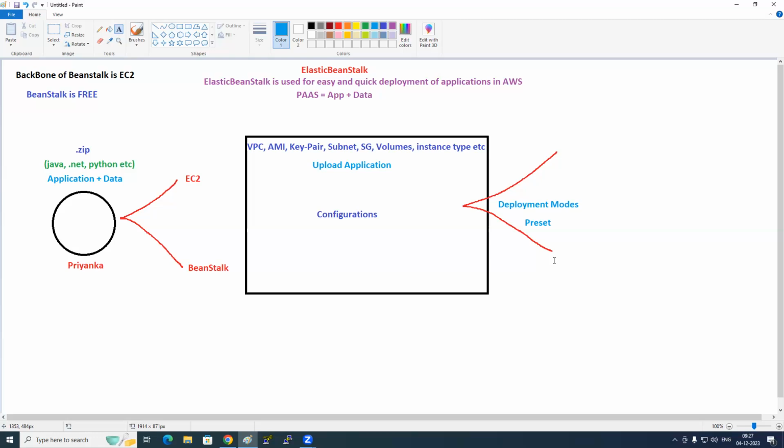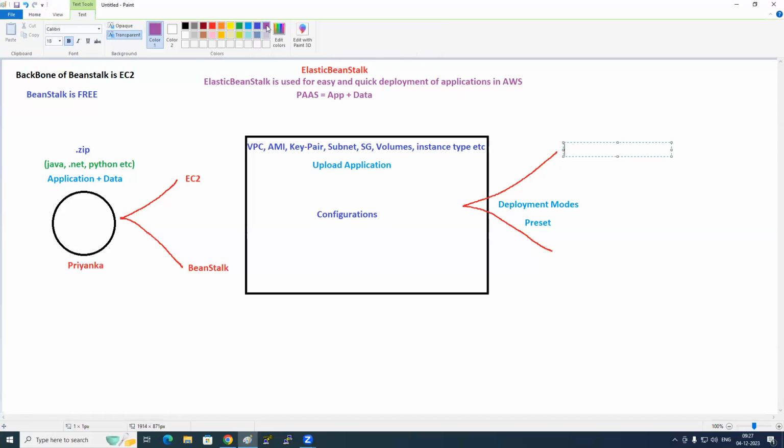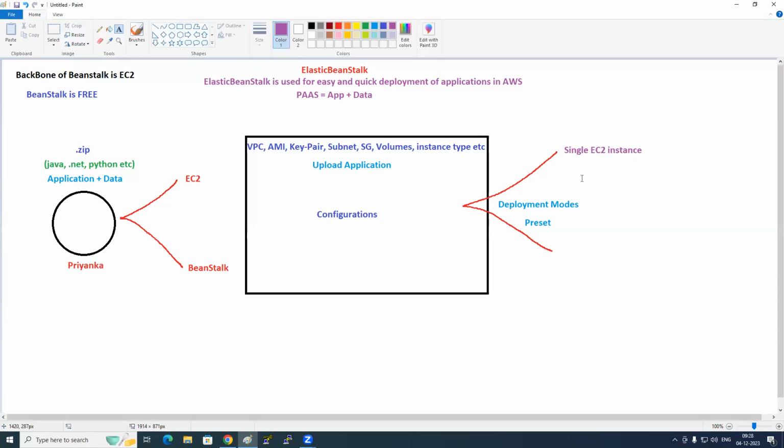So preset is like a template, no? Can we say preset is like a template? Yes. So there are different templates here, or different presets here. Number one, we call it the single EC2 instance preset. As the name clearly says, how many EC2 instances will we launch? Only one. If we have a requirement to have only one EC2 instance, then go for the single EC2 instance